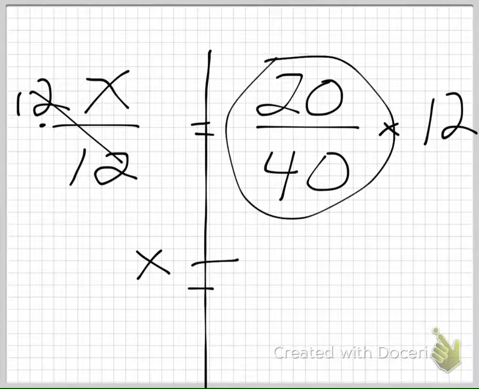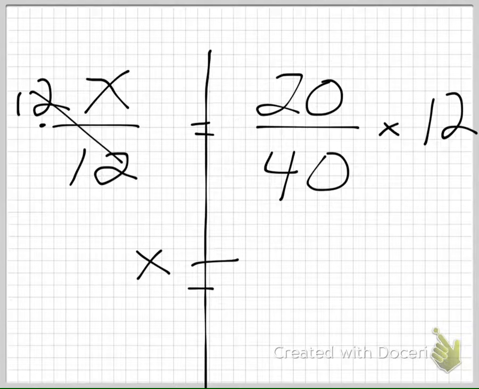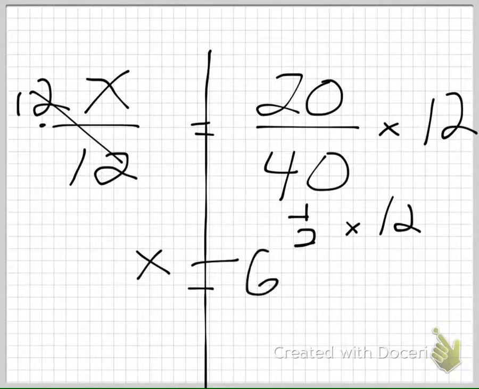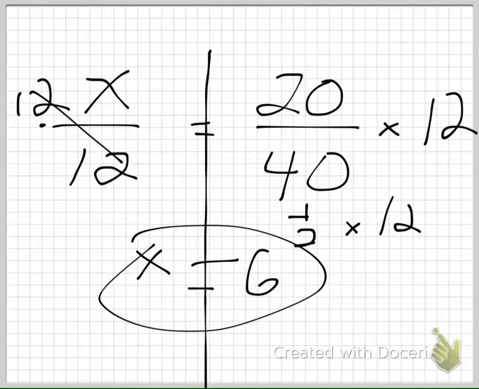What is 20 divided by 40, by the way? 1/2. So I could go, okay, what's 1/2 times 12? What's half of 12? 6. That would work, right? That is not always the best way. I'll tell you right now that the most surefire way, especially when you're able to use your calculator, is to